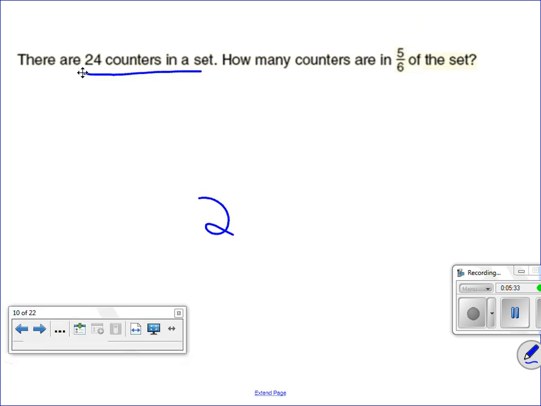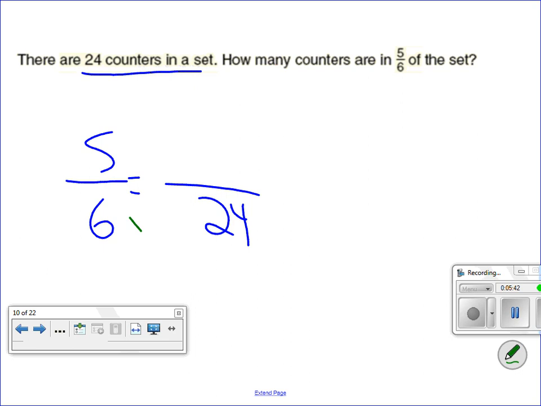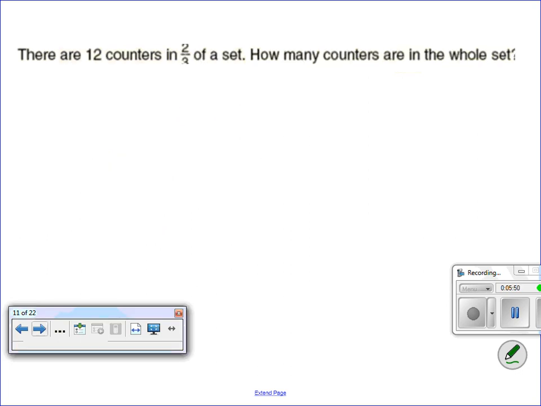That means 24 is my denominator. How many counters are 5/6? Basic facts here. 6 times 4 is 24. 5 times 4 is 20. So how many counters would be 5/6? 20 would be. If there are 12 counters in 2/3 of the set, 12 in 2/3, that